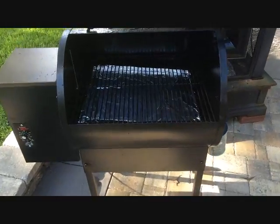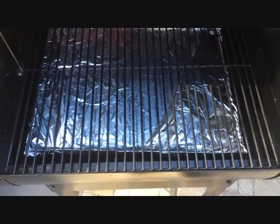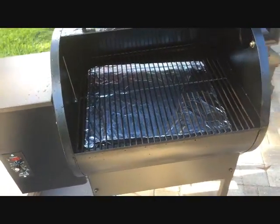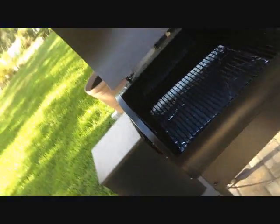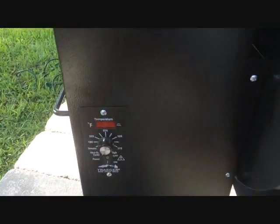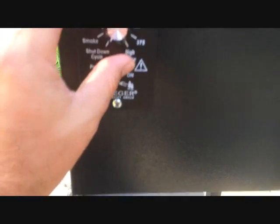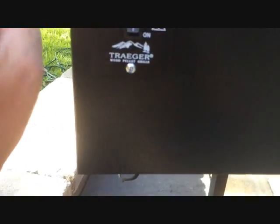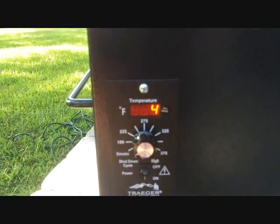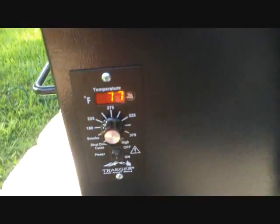Well, I've got it all ready to go here. I've got everything back in place. I lined that drip pan up with aluminum foil, like I said I was going to do. Now we're going to go over the starting process. So basically it's pretty simple. What you're going to do is set your dial right here onto the smoke setting. Once you get it on the smoke setting, just turn it on. Okay? You're going to leave it on that until you start seeing some smoke start coming through